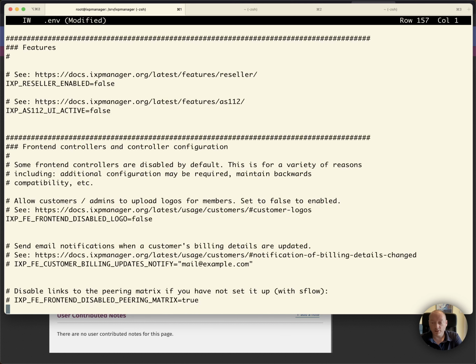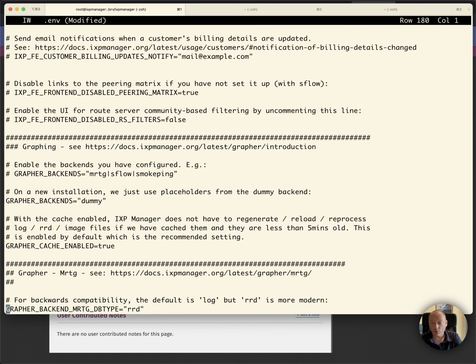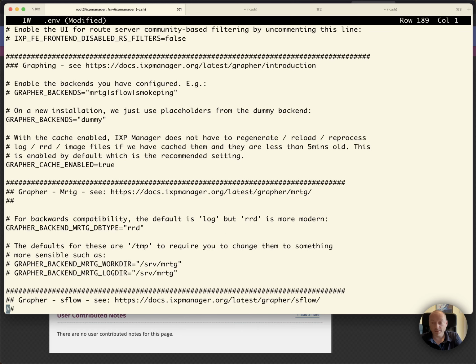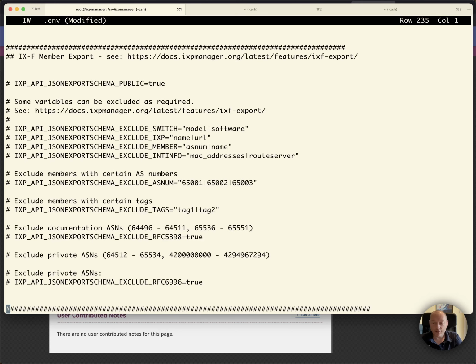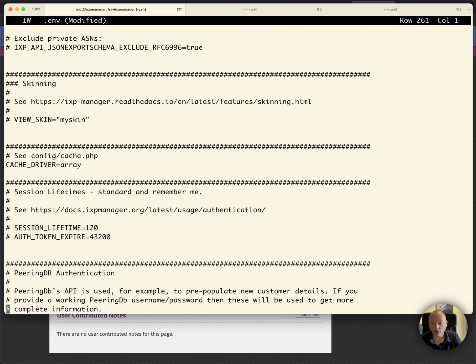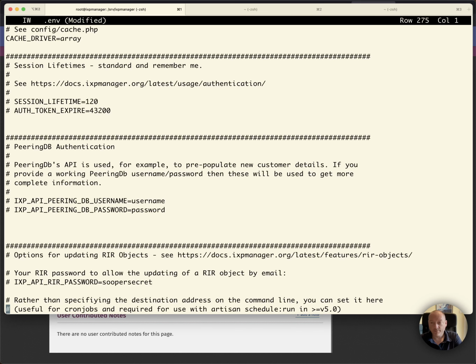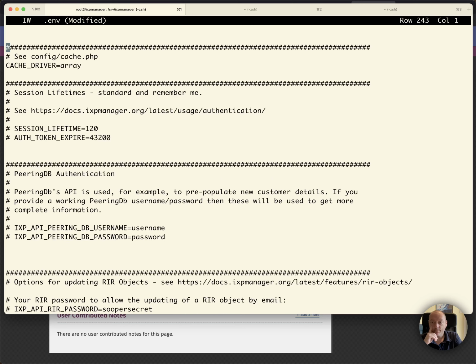So these are features that you can turn on or off. I'm going to keep going down here. Graphing is something that's documented separately as a next step, so you can come back to that. The JSON export schema has some configuration. You can do some skinning if you need to. You can do some caching. So the cache driver here is set to array by default, which means no caching, essentially. I can change that to